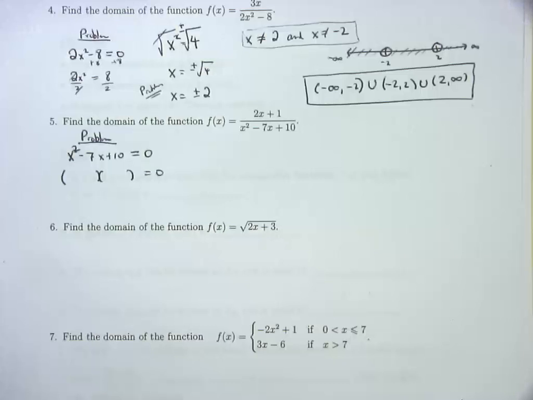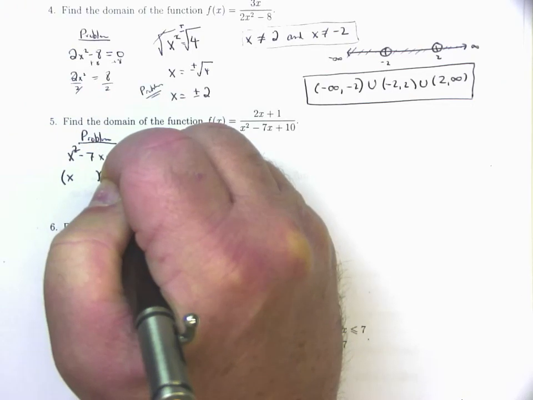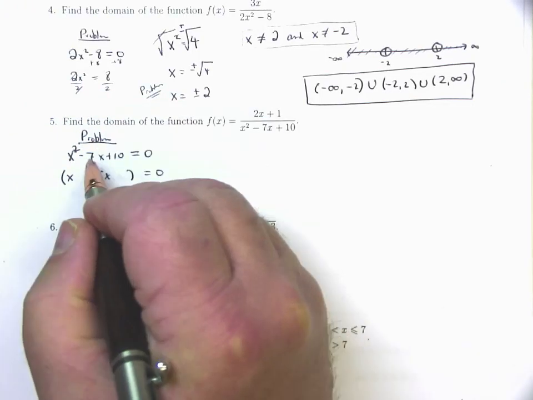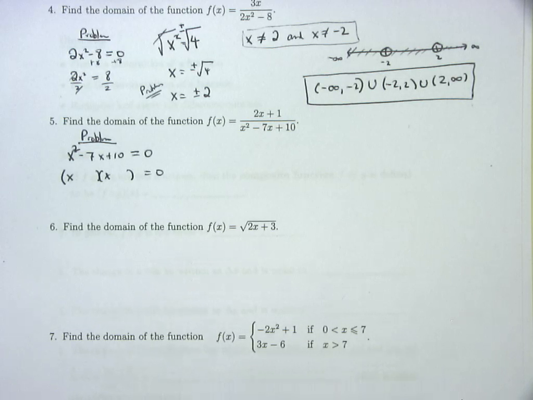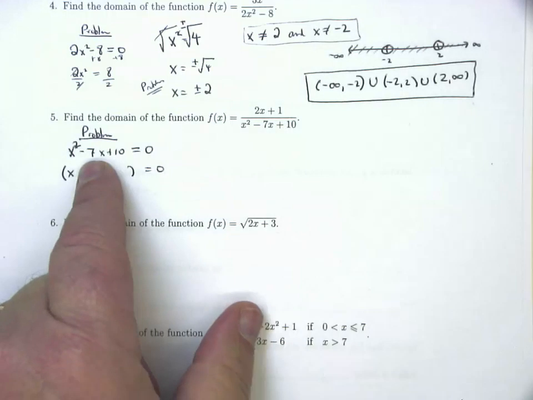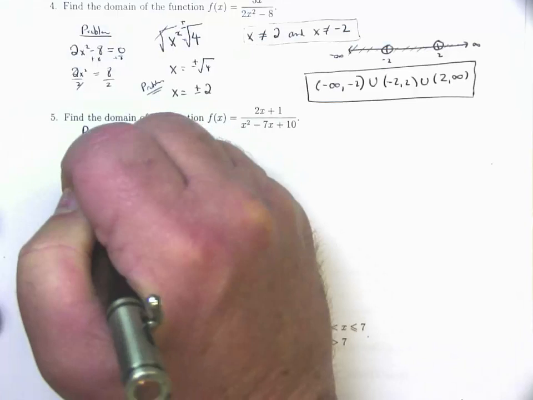What times what is x squared? It's x and x. What times what is 10? That when I multiply, I'm going to get 10, and when I add, I'm going to get 7. And because it's plus 10, I've got to have two factors that I multiply together to give me 10 that add up to be 7. Since this is a plus, I have to add them to be the middle term. What are my options here? What is that? You got it, 2 and 5.